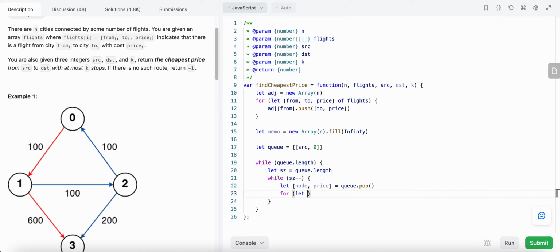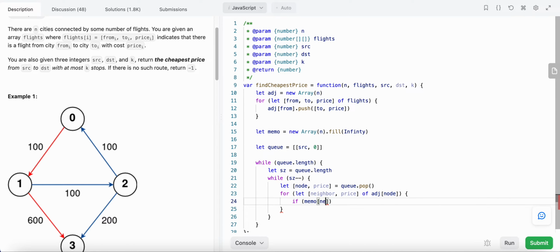Now we are going to traverse over each of its children, traversing over each of its neighbors with the price from the adjacency list, and then we check if the distance of the neighbor that we have found is already less than the price to reach that node from this source node, that is price plus